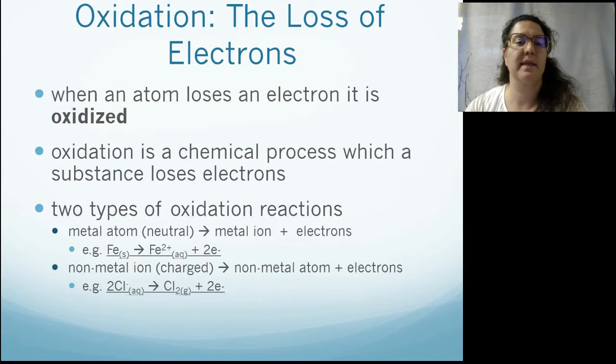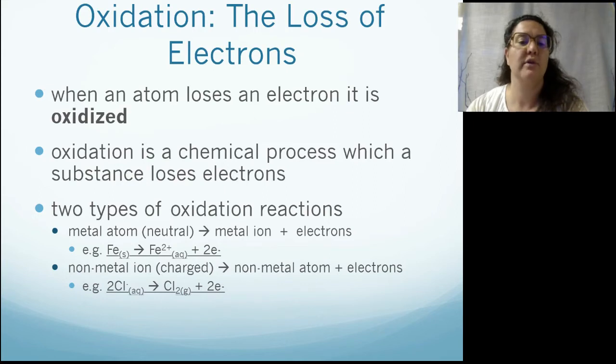So there's an acronym: LEO says GER. If we lose electrons, oxidation occurs, and when we gain electrons, reduction occurs. So when an atom loses an electron, it is oxidized. Atoms that lose electrons become positive. Oxidation is a chemical process where a typically metal atom loses electrons, becomes positive, and becomes a